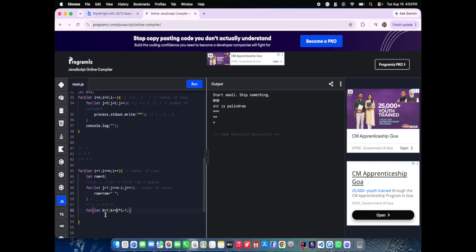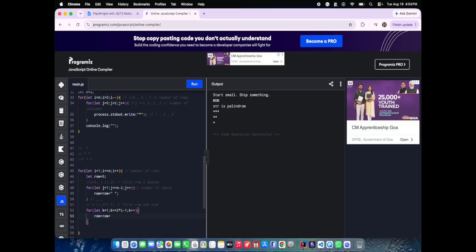So we will add it as k less than or equal to 1, k plus plus. So this will repeat for one time, and 1 star will be added. First row, 1 star, because here I will add row is equal to row plus 1 star,